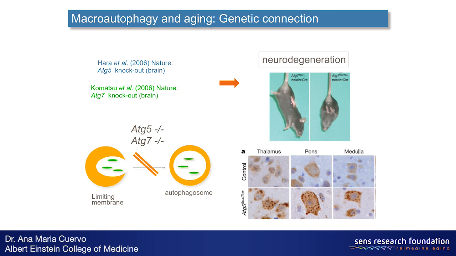And actually, if you look at the images of the different neurons at the bottom of the image, you can see the presence of these inclusions that correspond to proteins that cannot be properly removed when autophagy is not working. So these studies support that continuous functioning of autophagy is required to maintain normal neuronal homeostasis and to prevent the accumulation of those